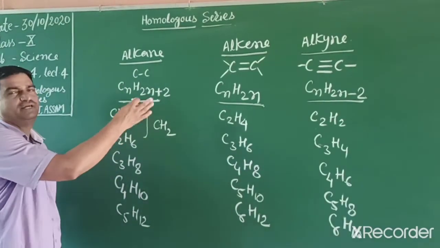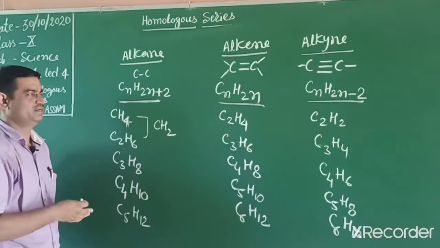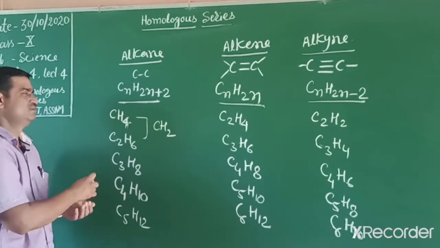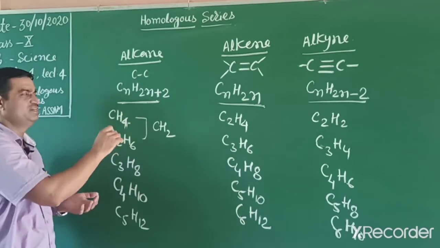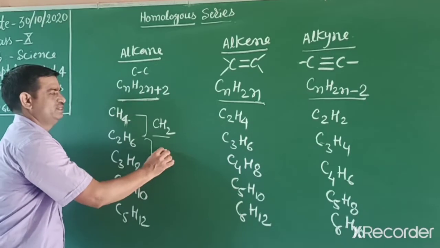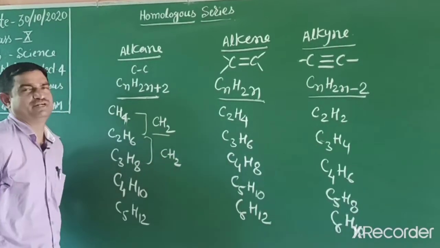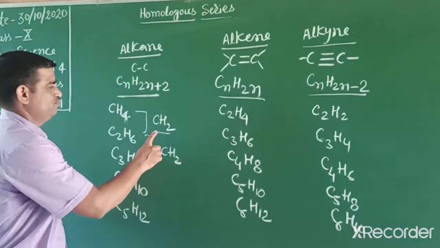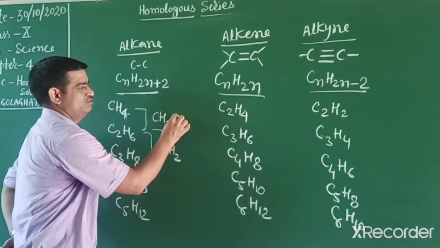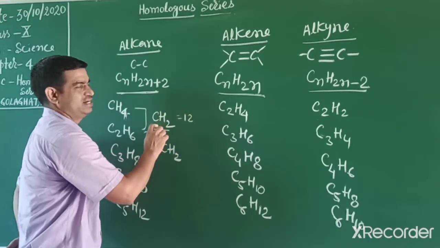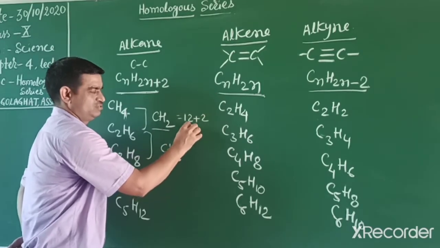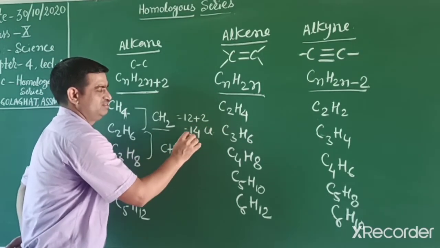Friends, in alkane, alkene and alkyne, when we compare, you can see every member in tabular form. The first member and second member differ only by CH2, 1 carbon and 2 hydrogen. Every member differs by 1 carbon, 2 hydrogen as a CH2 group. So what is the difference in total mass? Carbon we know is 12 unified mass and hydrogen is 1, so 2 hydrogen mass is total 2. So overall 14 unified mass is the difference.